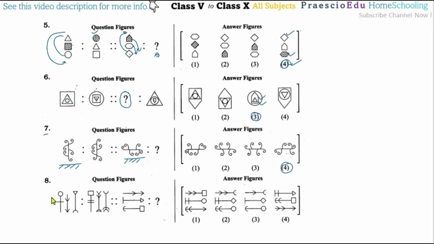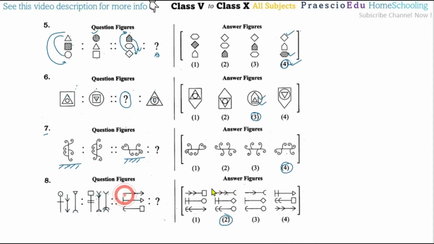Then question number 8. If we compare these two figures, the symbols at the end are different. Here there is a circle, but here the circle is not there; here a triangle, but here the triangle is not there, which means totally different symbols come. But the small lines come doubled, and here the two arrows come together. Then here also half circles come doubled. The lines are vertical here and horizontal here, so the line directions are kept the same, which means as per this one it matches with option number 2.